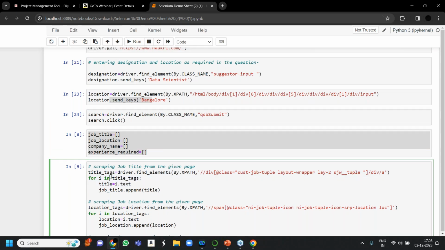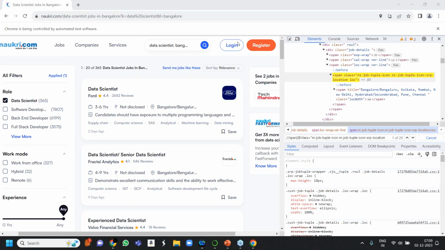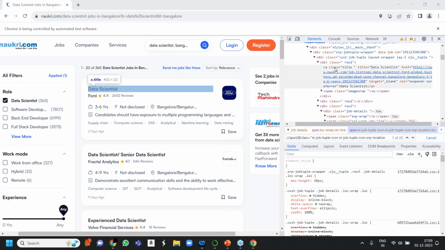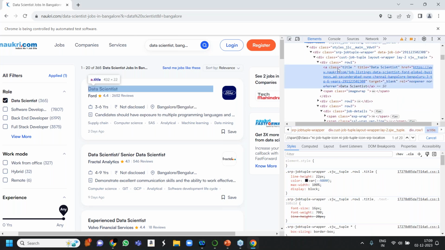Now I need to iterate through each and every XPath and print whatever the detail was in that XPath. So first I need to iterate. So for i in title text. Why title text? Because my XPath is stored in this one. So for i in title text, title equals i dot text, because see, for example, let's take this one, just a random one. Only look at the highlighted box.